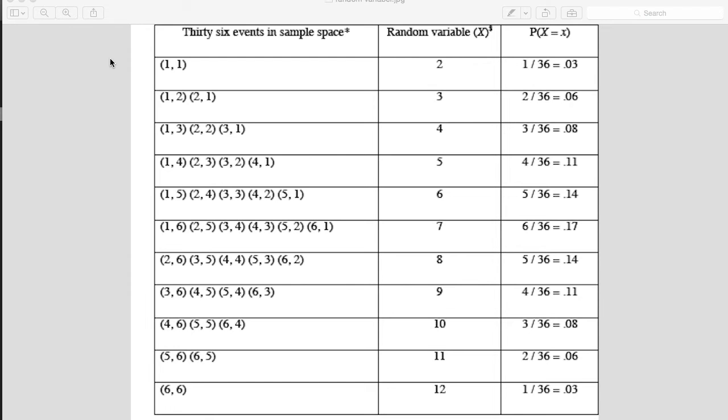and understand distribution function associated with random variable. Let's take an example of roll of two dice. If we roll two dice and look at the uppermost surface of the dice, then we get in all 36 outcomes. These are these 36 outcomes. If we sum the uppermost surface of both the dice, we get 12 possible values, 2 to 12 possible values.